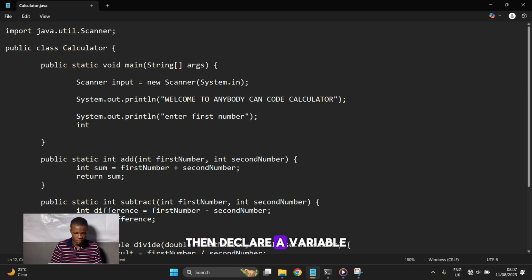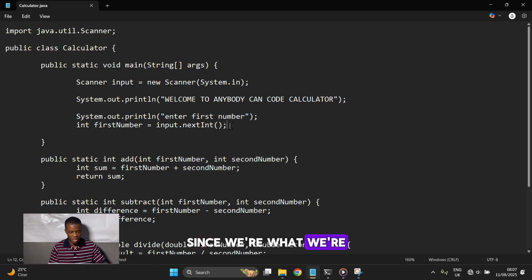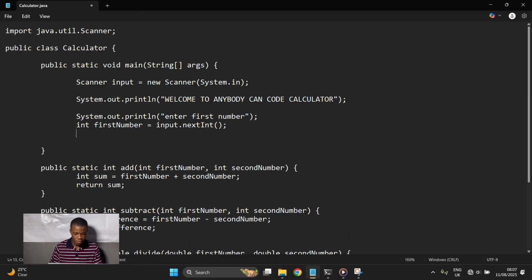Then we'll declare a variable for the first number where we are going to store whatever the user is entering. So this is first number. So let's call it first value or first number either. This is first number equal to input dot next